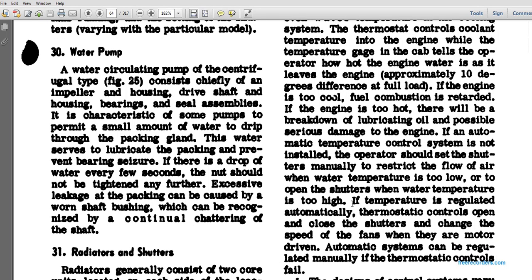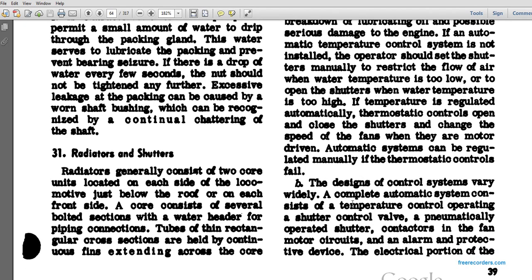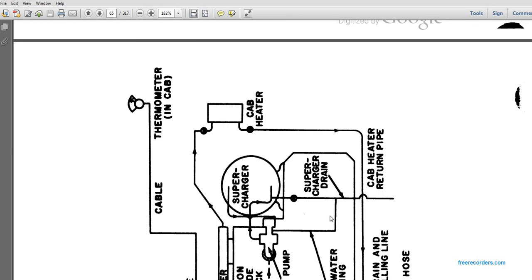The motor-driven system is regulated automatically or manually, with thermostatic controls. The design of the control system varies, with a completely automatic system consisting of a temperature control, operating shutter control valve, pneumatically operated shutter, contactors in the fan motor circuits, an alarm, and a protective device. The electric portion of the